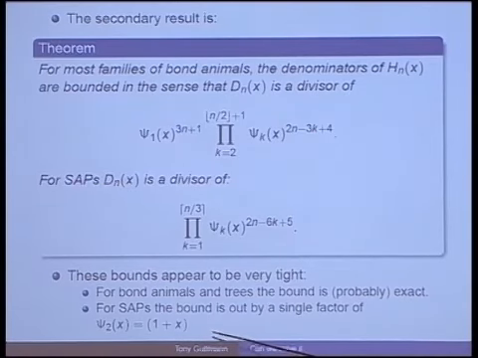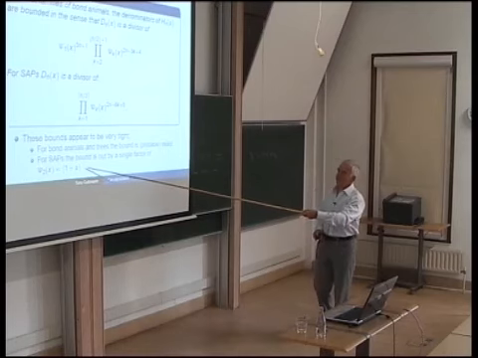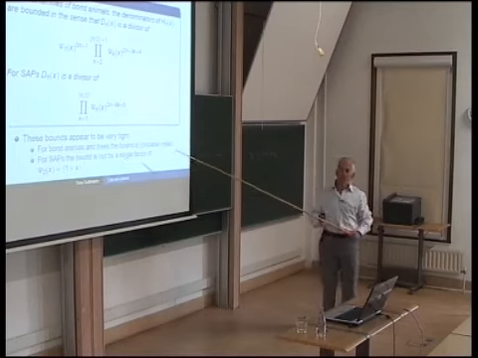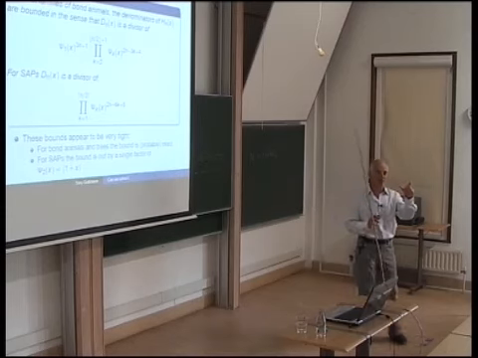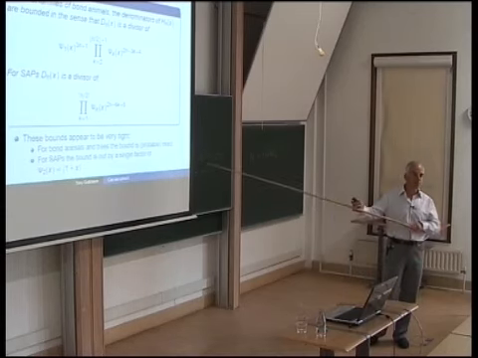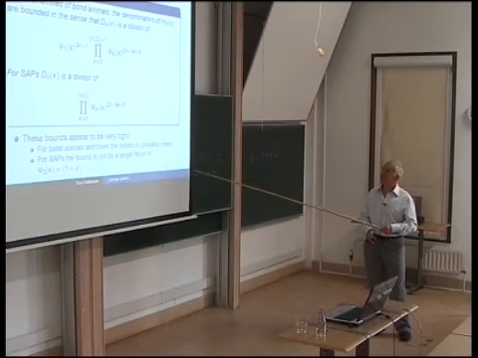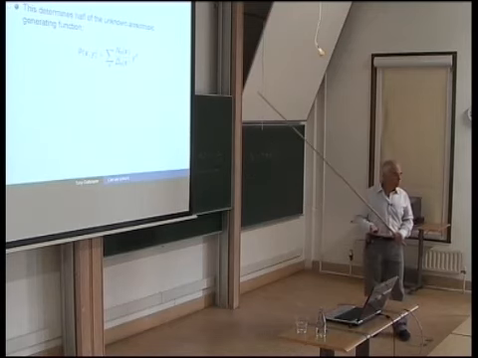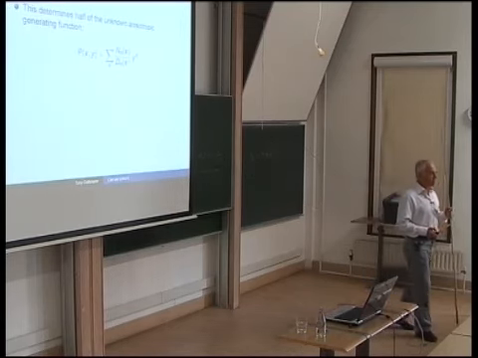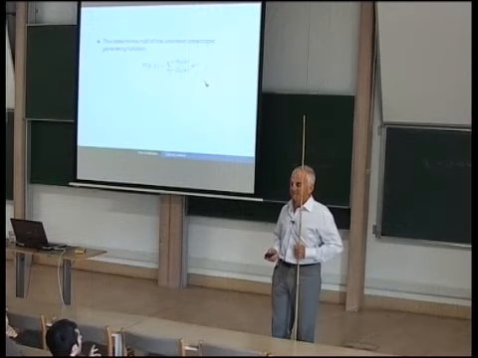This is just an artifact of the fact that in one case the numerator has a 1 plus x in it, which cancels with one of the psi 2 1 plus x factors in the denominator, which is why it's not an exact bound. And if you, instead of writing the denominator in terms of cyclotomic polynomials,